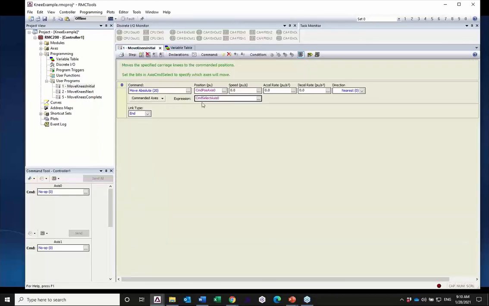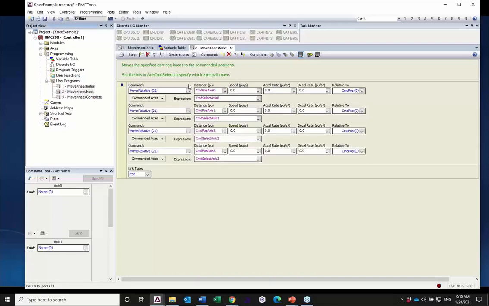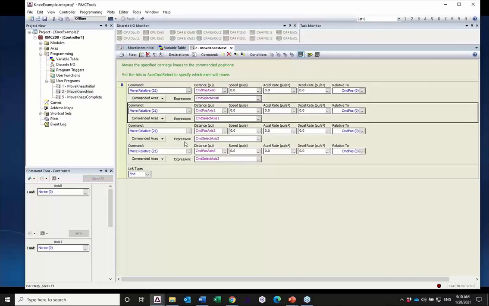So in my program, I just have to have some expression ahead of time that sets the bits properly, or my PLC can write to that variable and set the bits properly. So for this one, if I am just worried about axis 0, I would either have bit 0 set in this word or not. Now, if I expand that to more axes, let's say we have 4 knees in here,